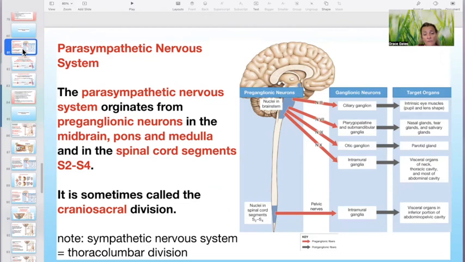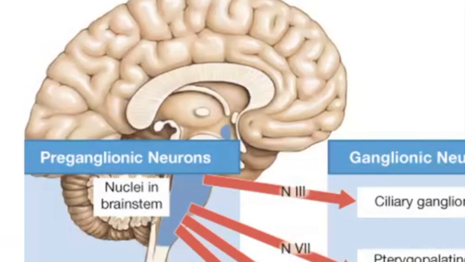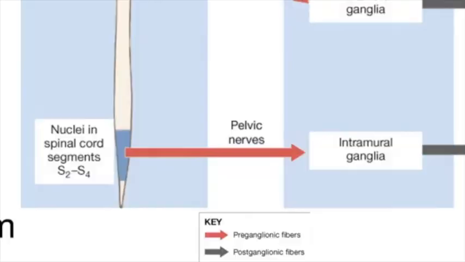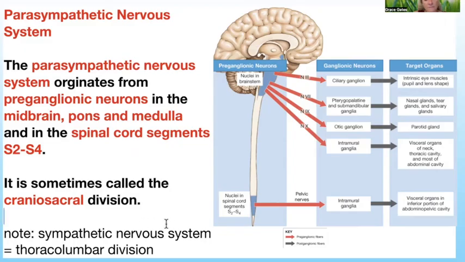It is sometimes called the craniosacral division because it is actually found inside the cranium, because the brainstem is above the foramen magnum. So that's the cranial part. And it is called the craniosacral division because there are also spinal cord segments that have parasympathetic nervous system nuclei in them. So note the sympathetic nervous system was called the thoracolumbar division, and